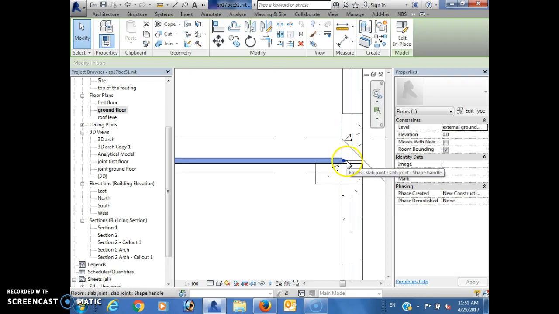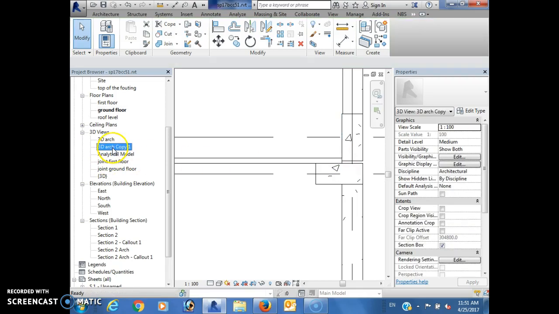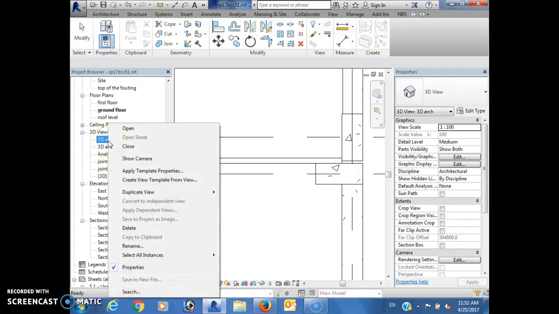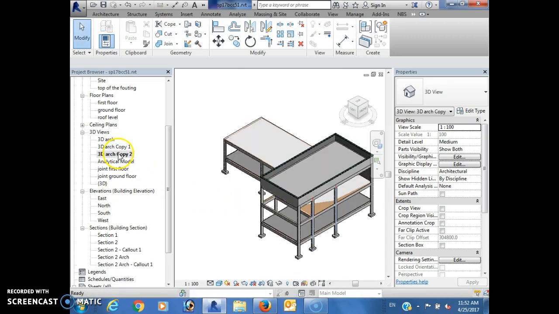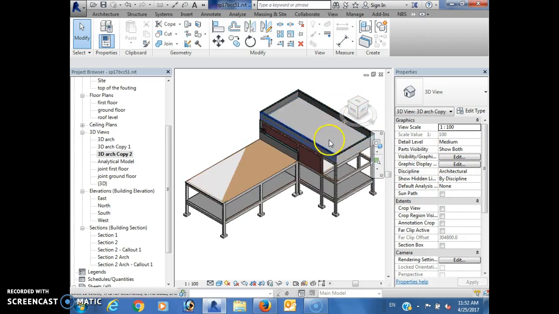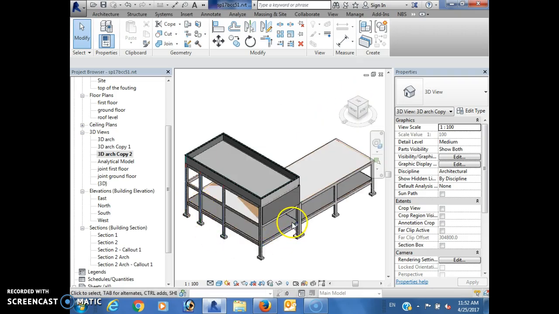Okay, I'm going to duplicate the architectural 3D view, duplicate, and now I'm going to look for the joint, this joint here. So I will do section box,